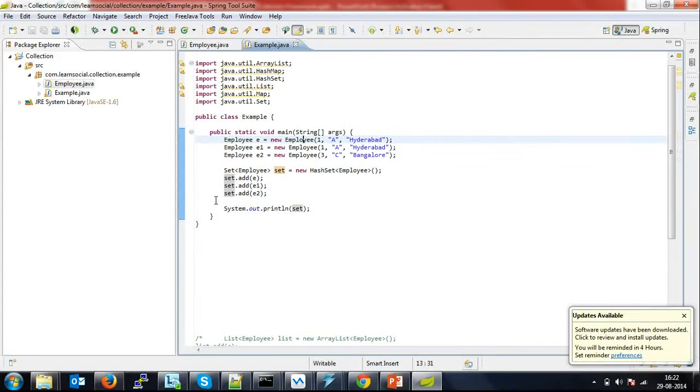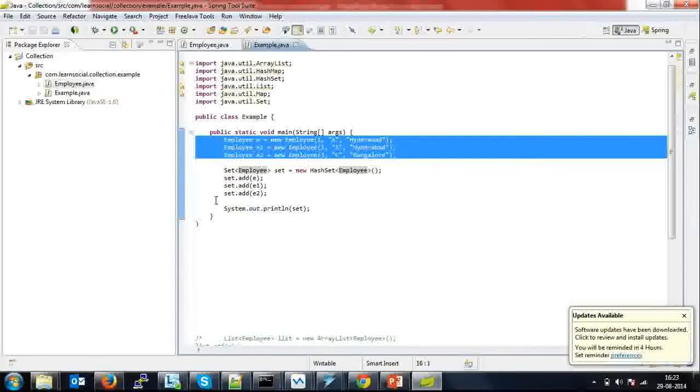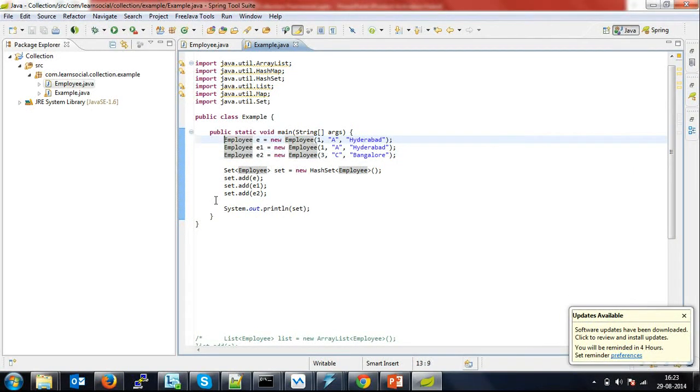Okay, so now I have 3 objects. Again, E and E1 are 2 different objects, but they have exactly the same value inside it, and E2 is again different. So if I simply go ahead and try to execute this